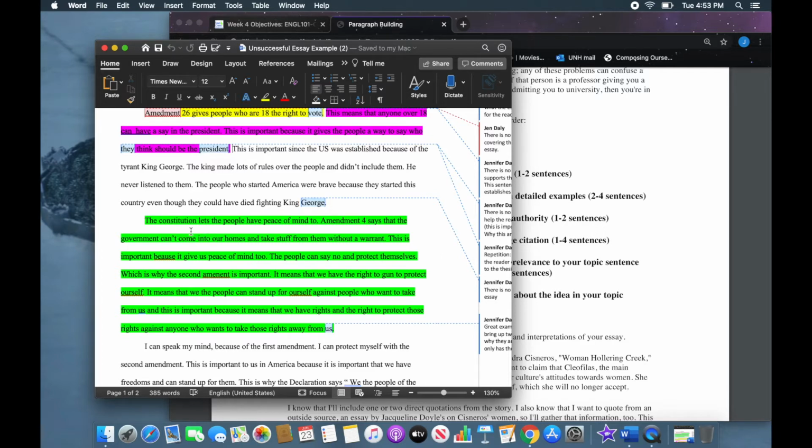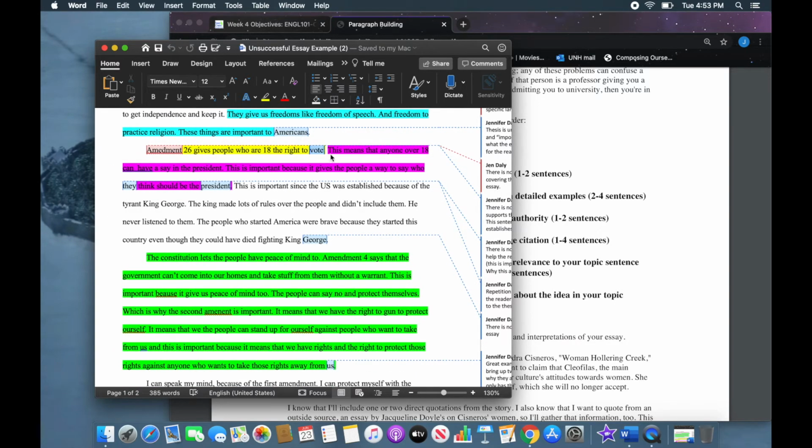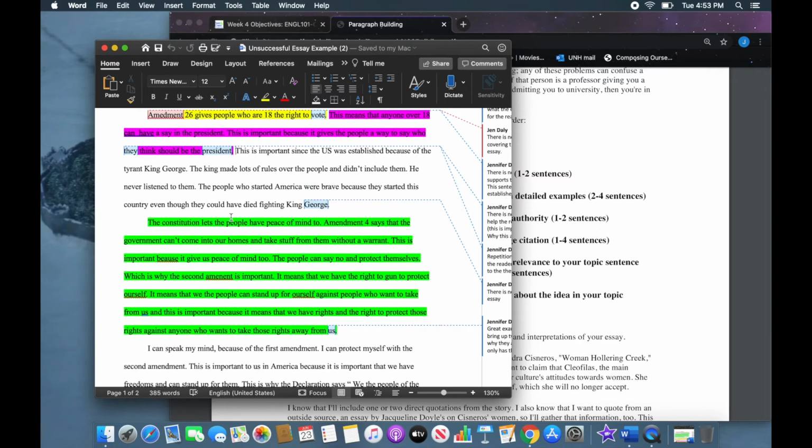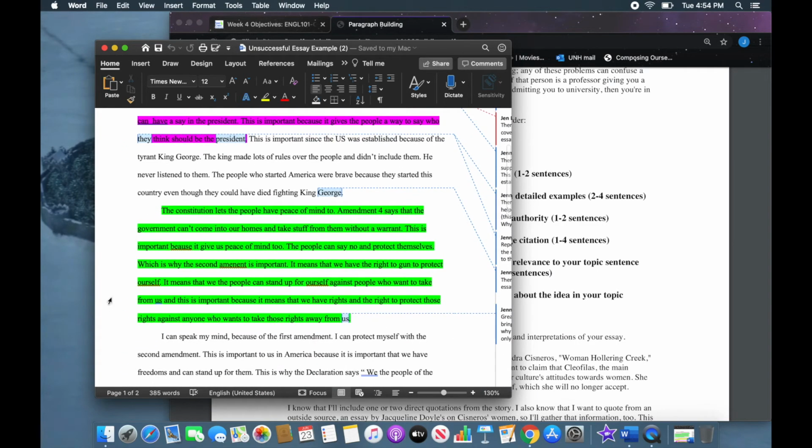Okay, a little bit more specific. The Constitution, okay, that's important. We didn't necessarily have that up here, right? We have Amendment 26, but then some info about the Declaration as well, okay? This paragraph at least gives us that, okay? But again, Amendment 4, not mentioned in the thesis. Not mentioned in body paragraph 1. No explanation for how this supports this thesis. Okay. And it also does not examine what the paragraph will be about because we've got a shift